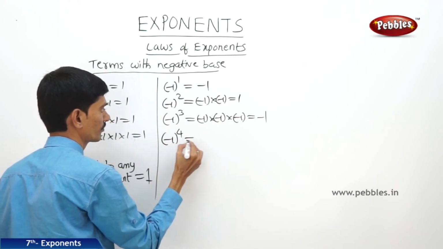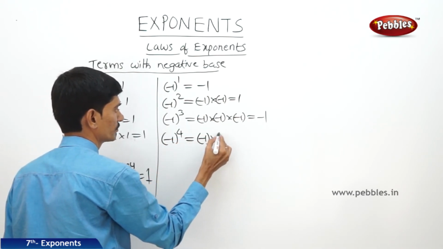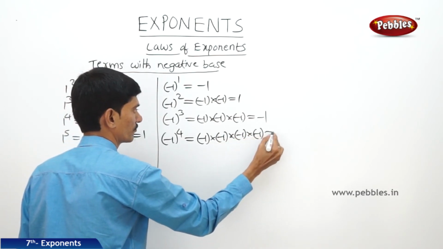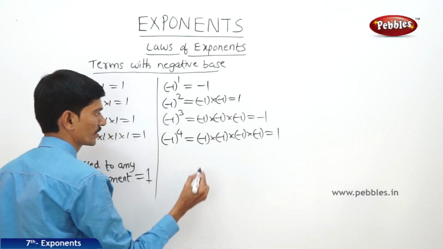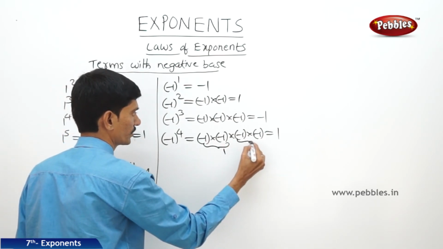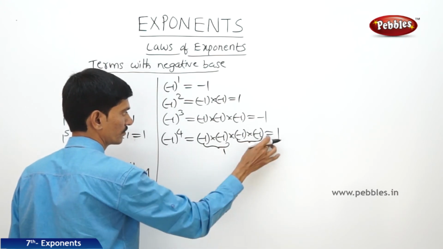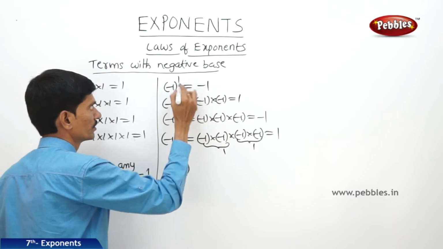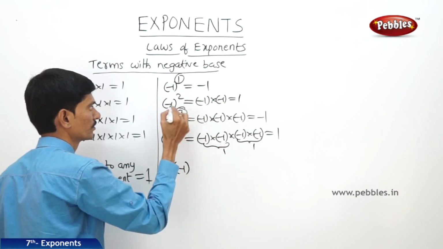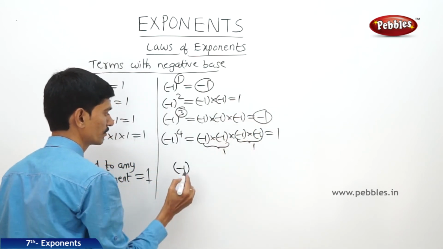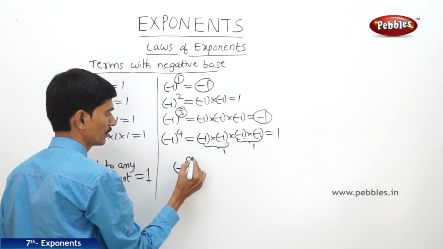And minus 1 whole to the power of 4 equals minus 1 into minus 1 into minus 1 into minus 1 equals plus 1, because minus 1 into minus 1 is plus 1, again minus 1 into minus 1 is plus 1, 1 ones are 1. So when you take the odd power, the product you are getting is minus 1. So minus 1 raised to an odd number